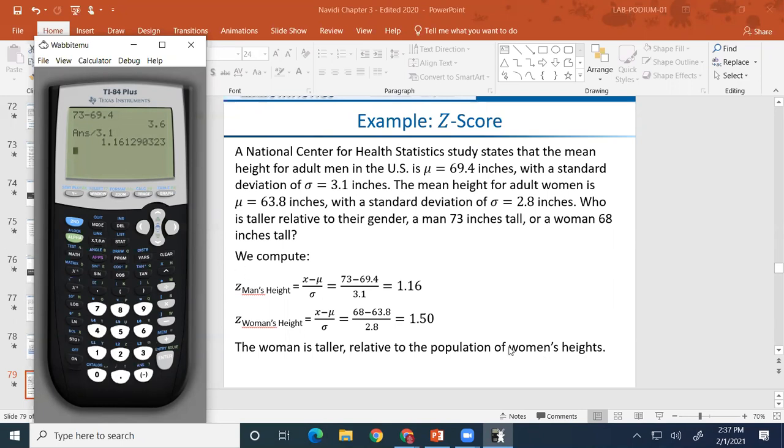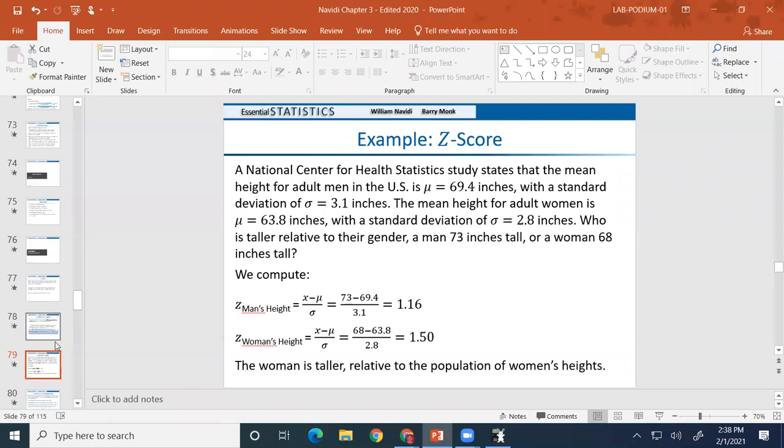Now, the woman's height, and we'll take the word on this, 68, subtract the mean of 63.8, and then divide by 2.8, we have a Z-score of 1.5. And as I said, the Z-score is a standard deviation. So, 1.5